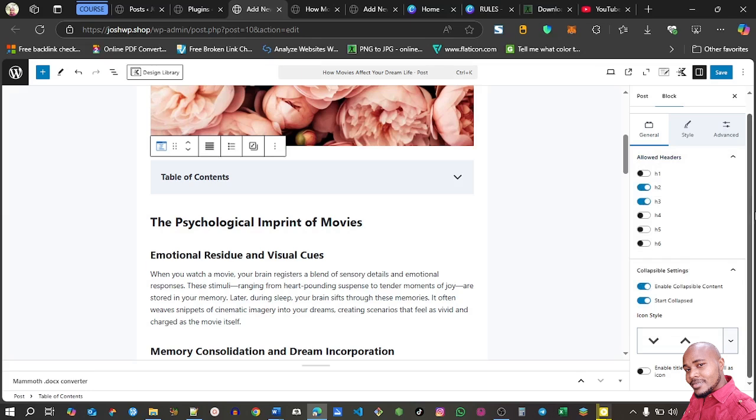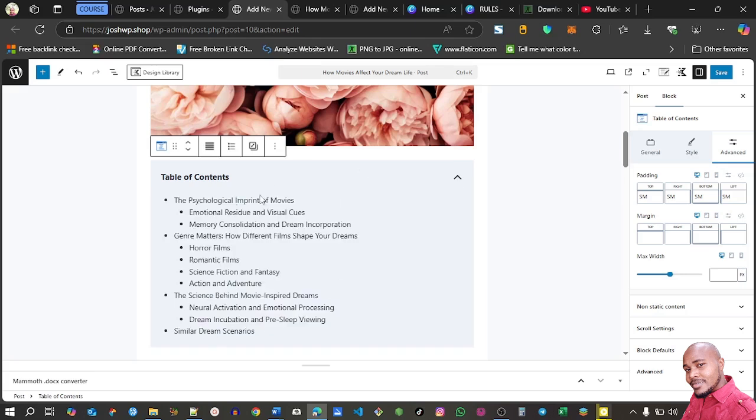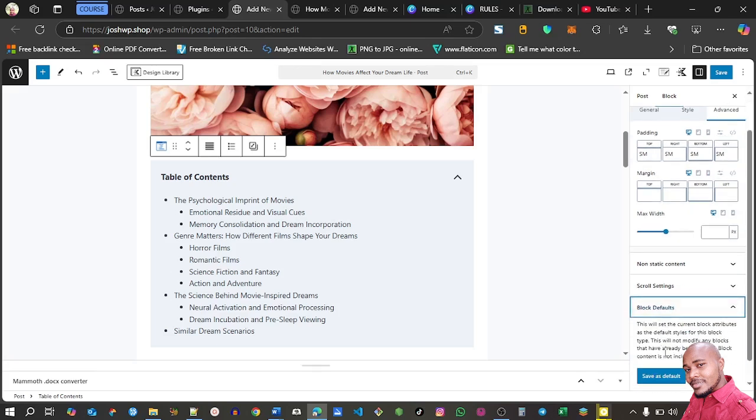And lastly, I'll go to the advanced section. I want to save the settings we did here. I don't want every time I go to create a new article to have to do all the settings. You see, it's a lot of work doing all those settings on the table of content. I want to do what we call block defaults. When you click on the block default, it means all the settings will be saved as default. So every time you create a table of content or you insert a table of content in any article,